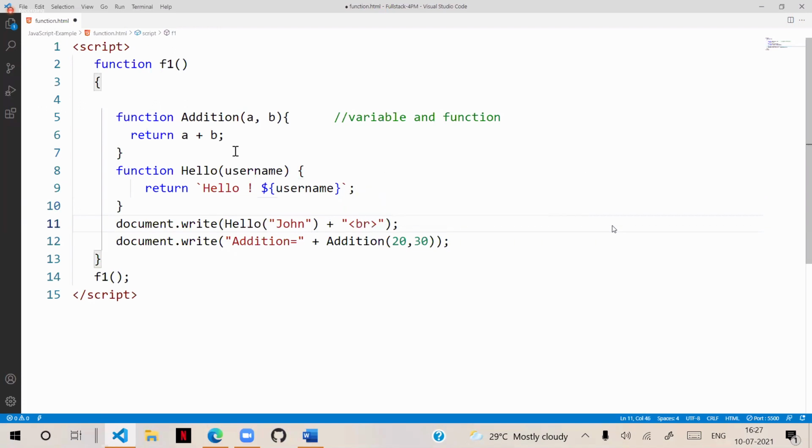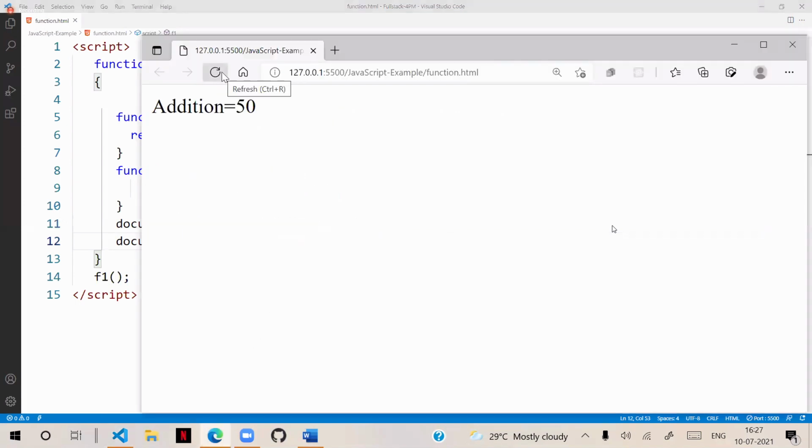Okay. And you can see that it is going to access this function, pass the value into it, and it will print this string and store that string in the hello function. That means now hello is a function and also a variable where it can store the data. You see, its data type is string. That means it can store the string reference. I will save this now and I will refresh here. Then you can see that it is working fine.